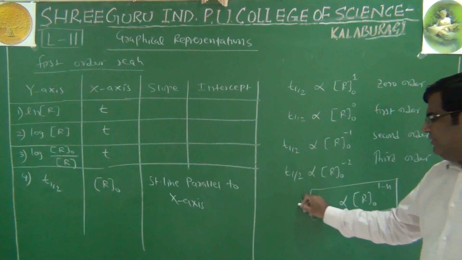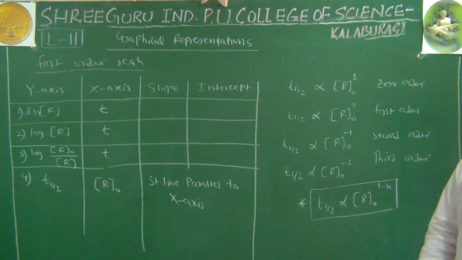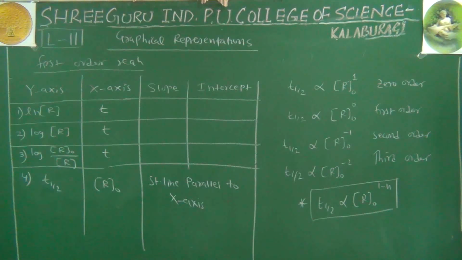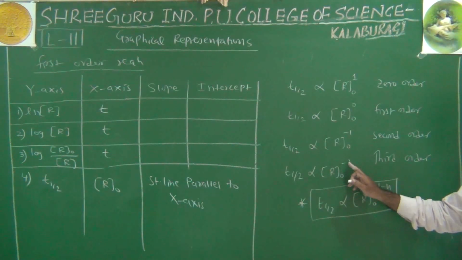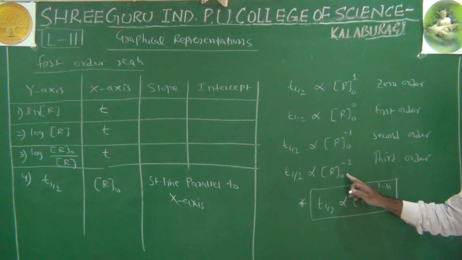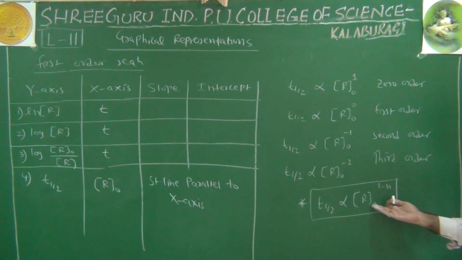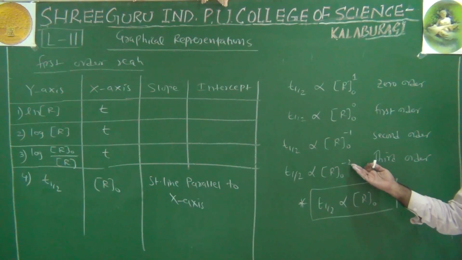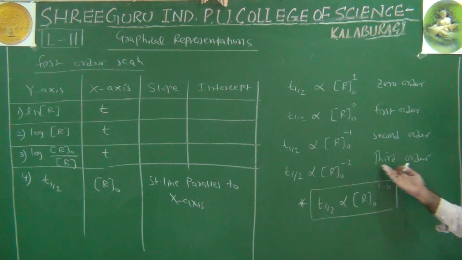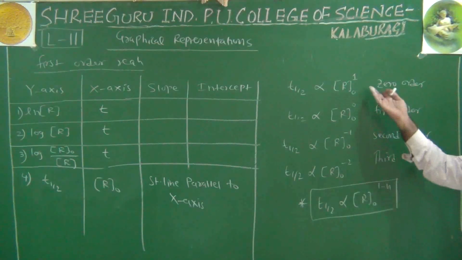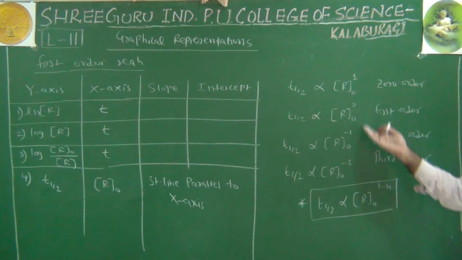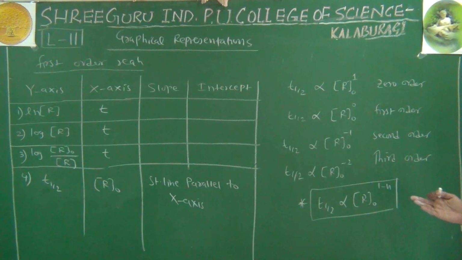So this equation also we can use, because there are many MCQs which state that the half-life period of a reaction is inversely proportional to square of initial concentration. What might be the order of the reaction? We can just see this relation. Inversely proportional to square means negative 2, and we should say that the order must be third. But if you know this relation and how it goes, this is one additional formula we can add.